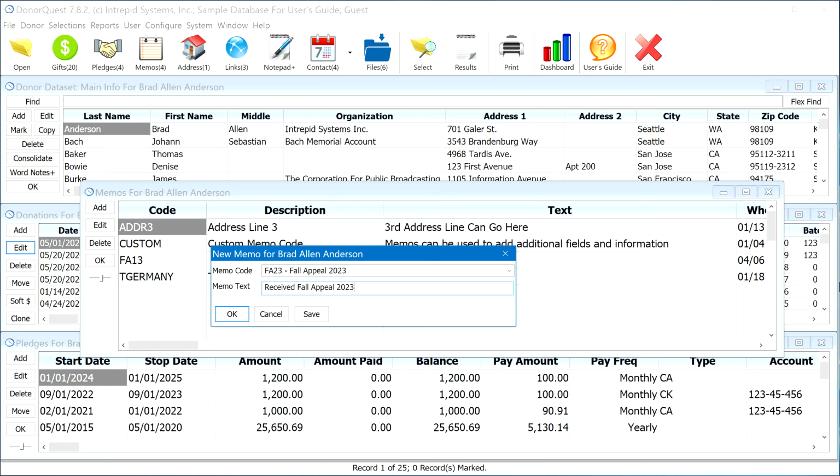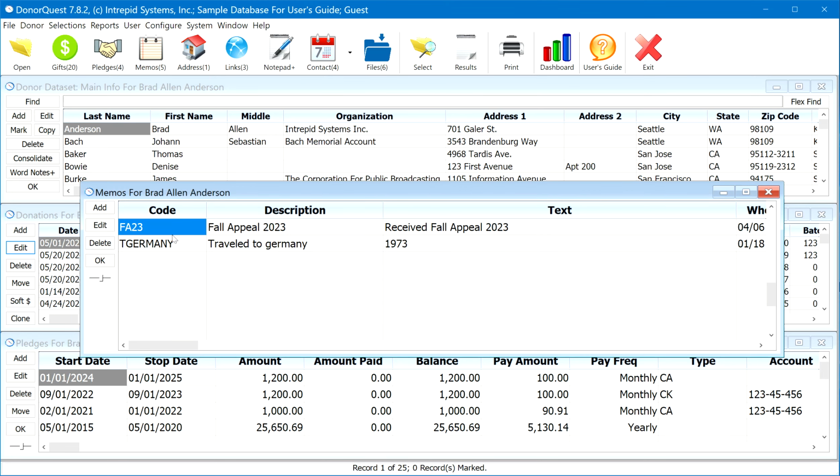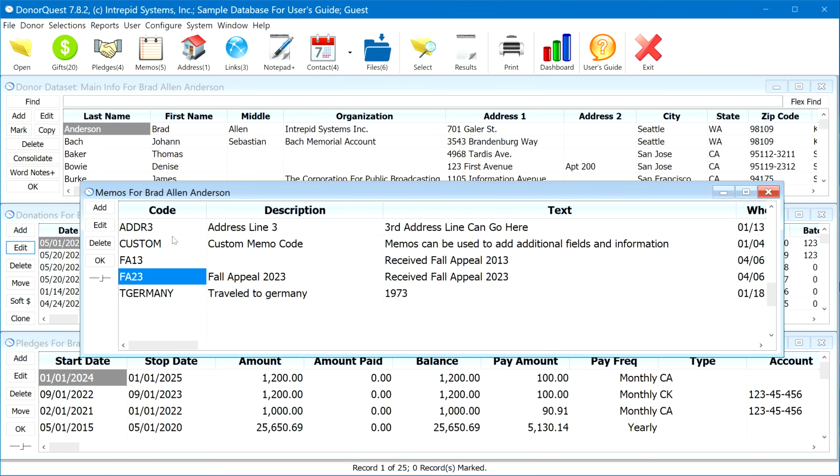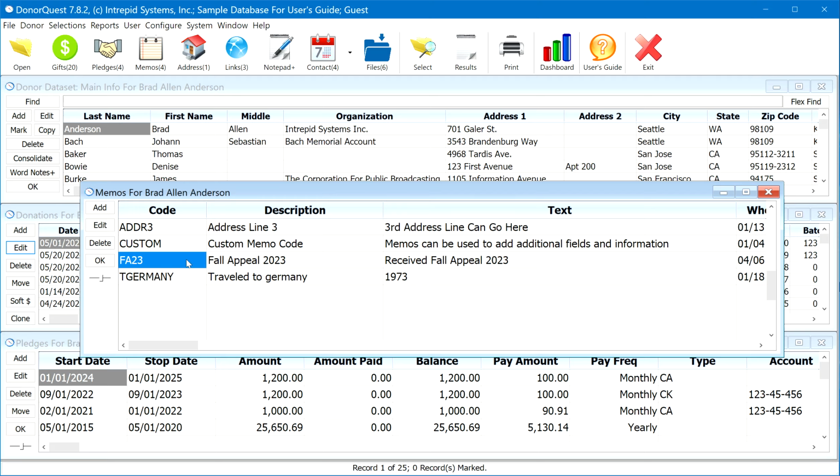So now I'm going to click OK. And now we'll see that the new memo code is there listed under Brad's record. And it's actually available now in all the donors within DonorQuest. And if you send out an appeal with several hundred or several thousand people on the list, you don't have to go through the records one by one to enter that appeal code for each donor. You can actually do it in a mass fashion, and we'll get to that later when we get into selections